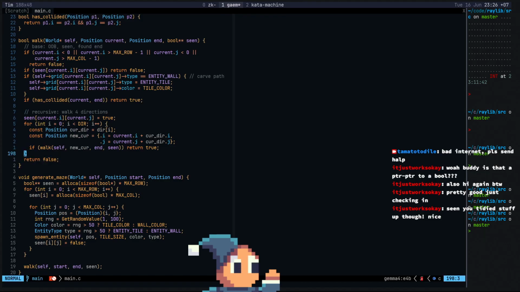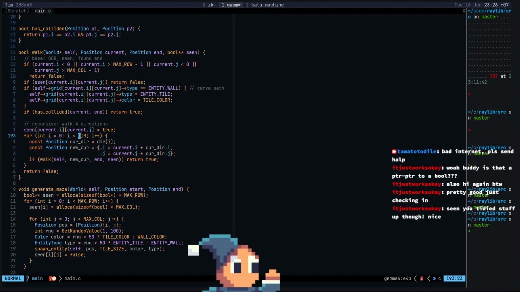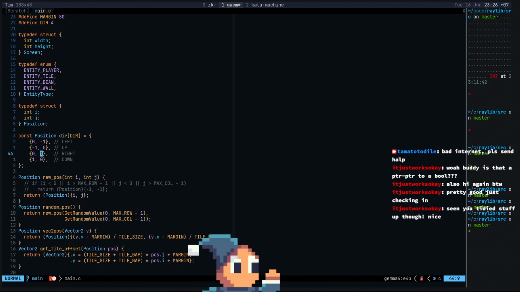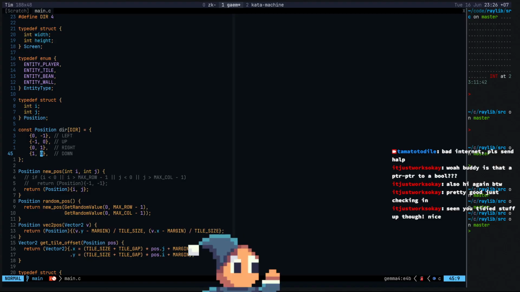Right now, I have this, which is looping through the direction in a kind of left, up, right, down order. What if we loop through it in a different order every time? Would that make a maze? Hmm. Maybe later. That's a good idea to try though.